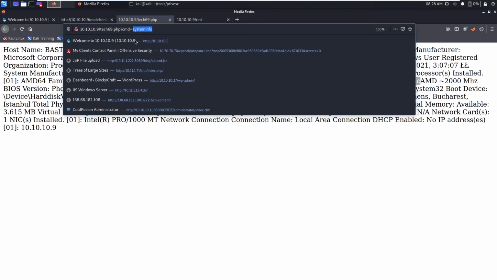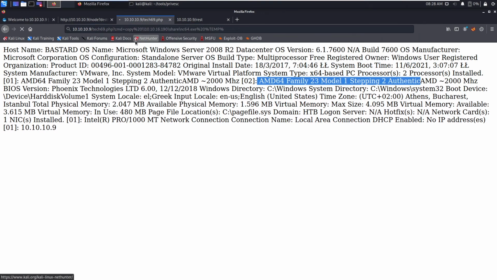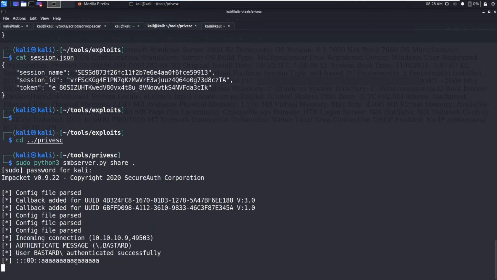In a similar way to the Arctic box, let's copy nc64.exe to %temp%. We should see the request here, authenticated successfully.